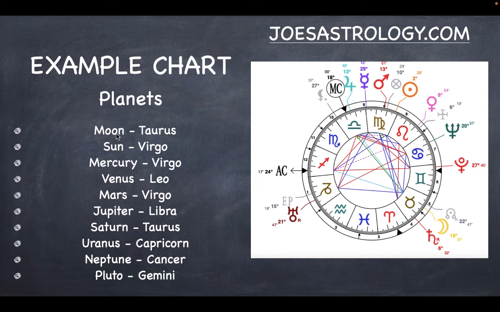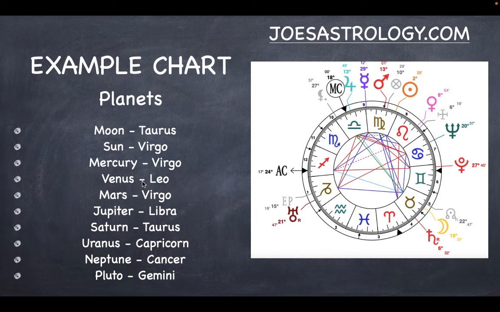So we can look here. You can look at this chart and give yourself a little quiz. Where are the planets in this chart? We have Moon is in Taurus. See Moon here in the sign of Taurus. As I mentioned before, the house, Moon is in the 6th house. The Sun is in Virgo. That's where this line here is pointing. It's at 2 degrees, these numbers. The signs are divided into 30 degrees. And we see the sun is at 2 degrees Virgo.